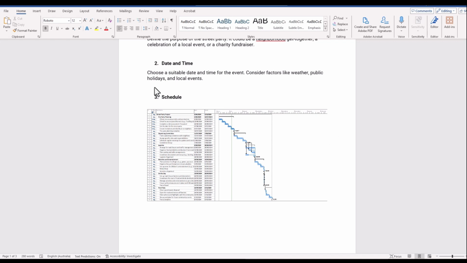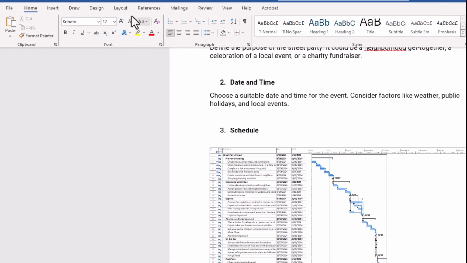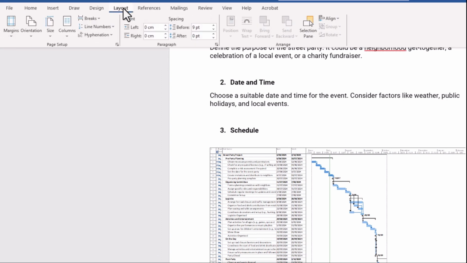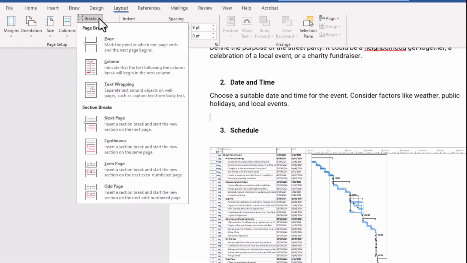And we can do this by clicking our cursor before the section that we want to include in landscape mode. So in this case, make sure your cursor is selected somewhere just prior to section 3 schedule. And then go to the Layout tab in Microsoft Word. And then you'll see here there's a selection, Breaks.